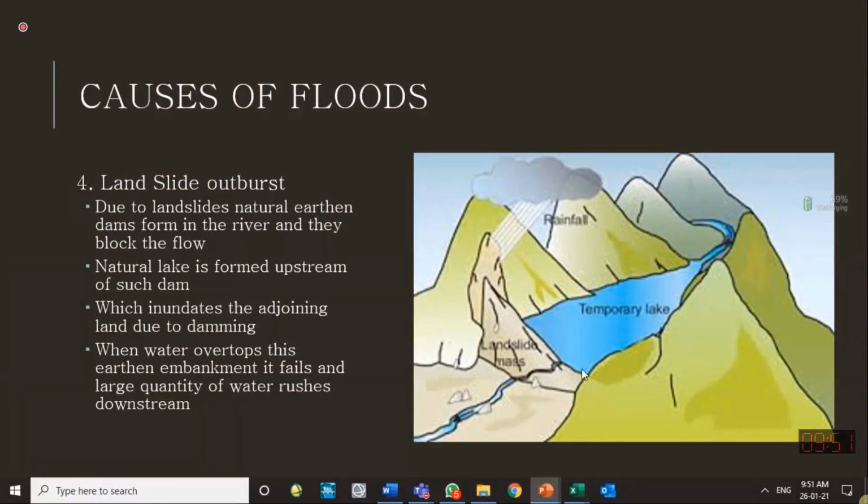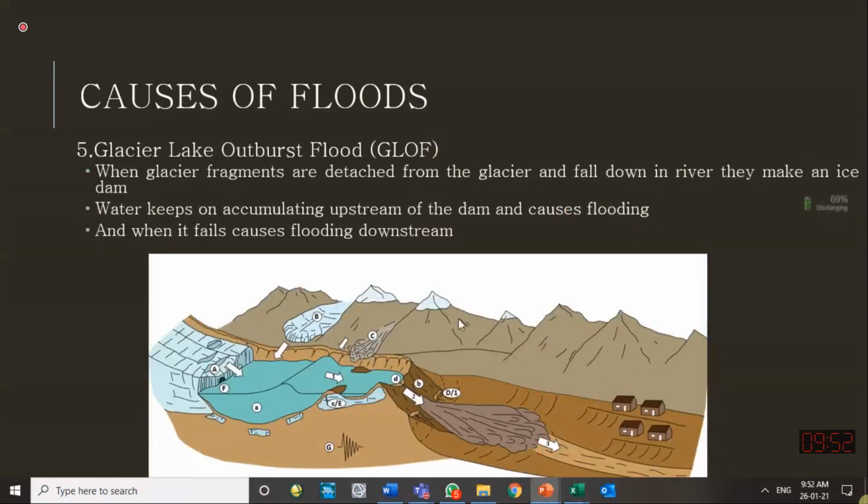It is more stable, but at other places these landslides are not so stable and they give way. So that is one of the reasons of floods: landslides make dams and then those dams break. Sometimes glaciers also stop the water and make a reservoir, and when that glacier melts, then flooding occurs. We call it a glacier lake outburst flood. A lake was made by a glacier, and when that glacier melted, a huge outburst flood occurred